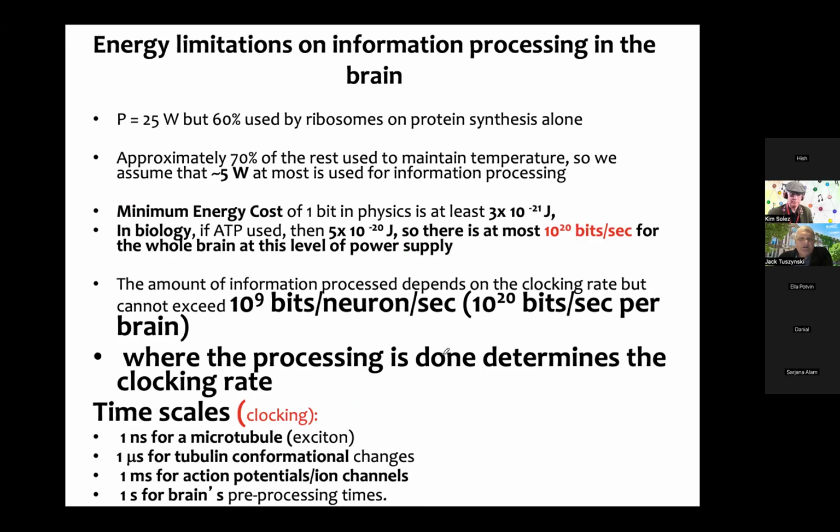Okay, I'll skip this because this is a bit more technical. There's something called the Landauer theorem in information science, saying that it costs energy to erase one bit of information, and namely it's kT times the logarithm of 2. And when you take this into account, there's some restrictions on these numbers, but you can still obtain this number, 10 to the 20th bits per second per brain, 10 to the 20th. Okay, so that's very, very impressive.